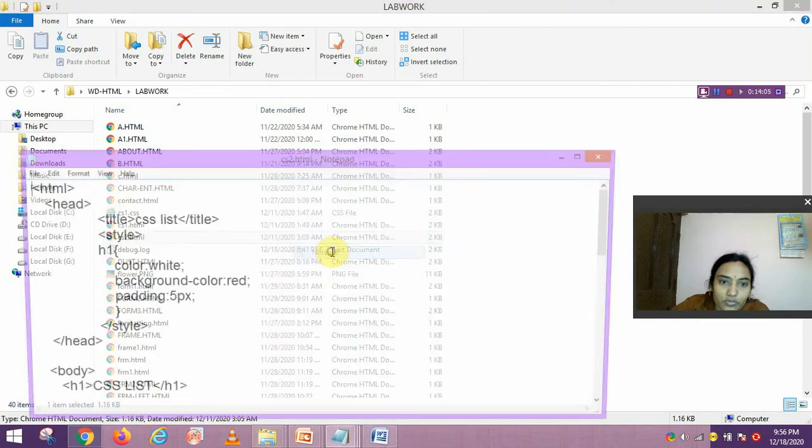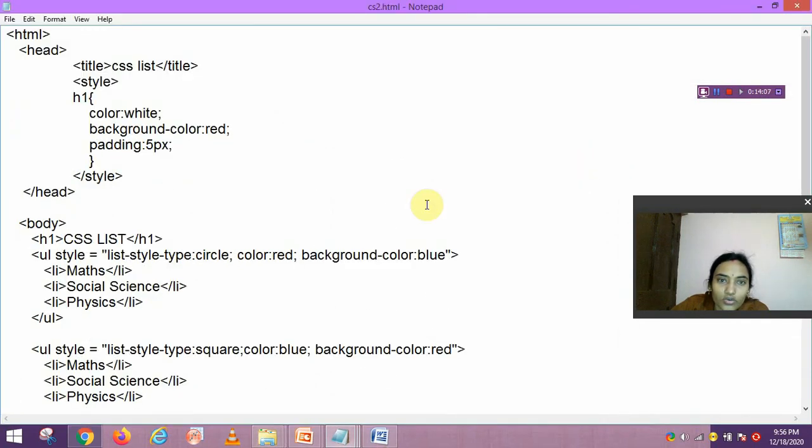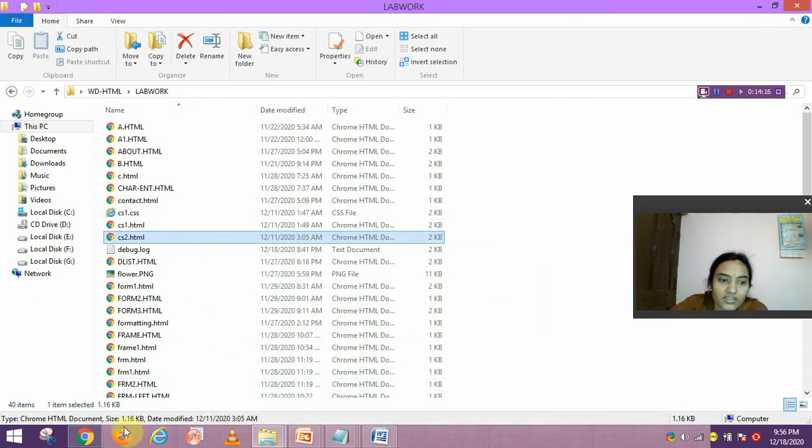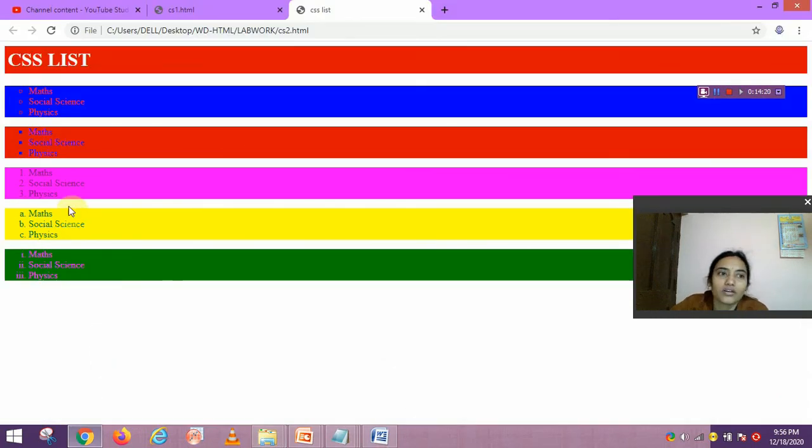Open with Notepad. The code is written in Notepad and saved with a file name and the extension .html. Now we run this file.